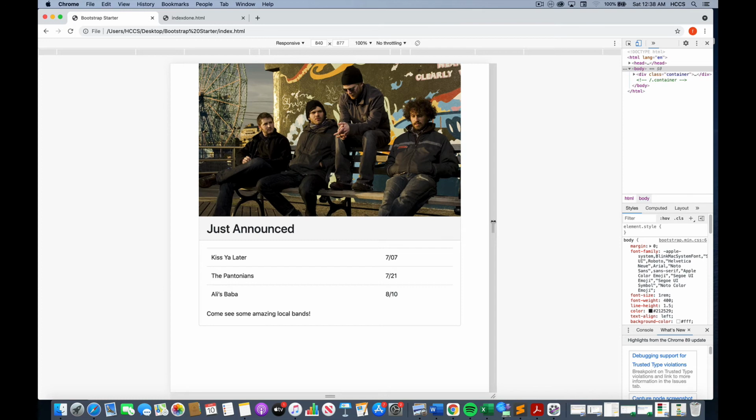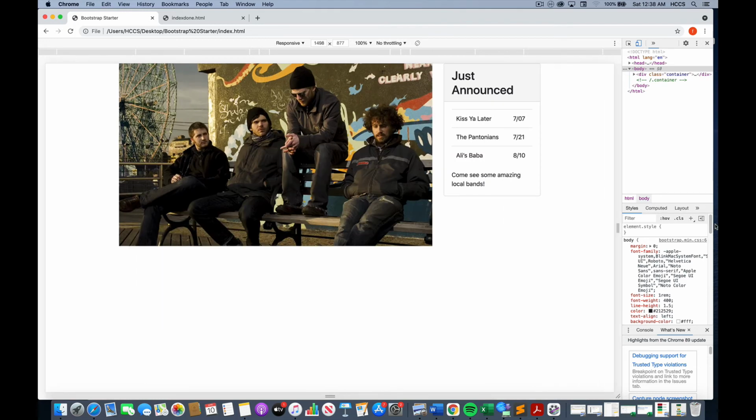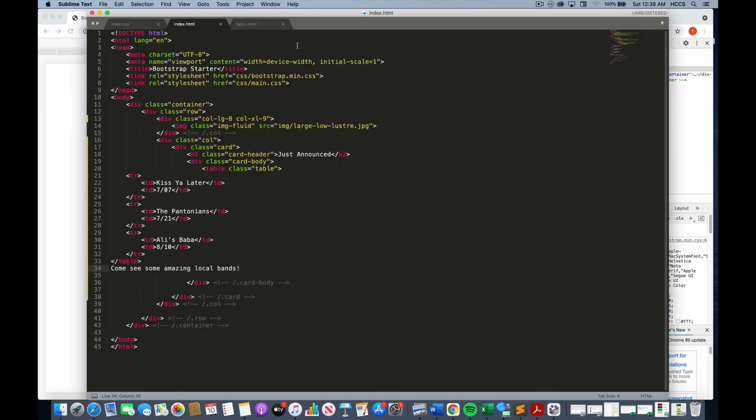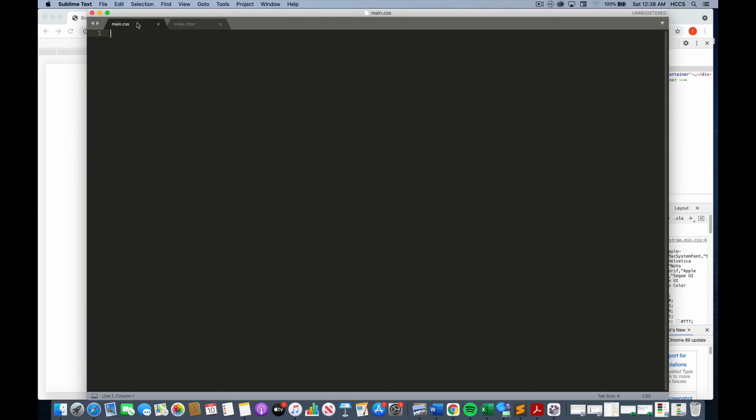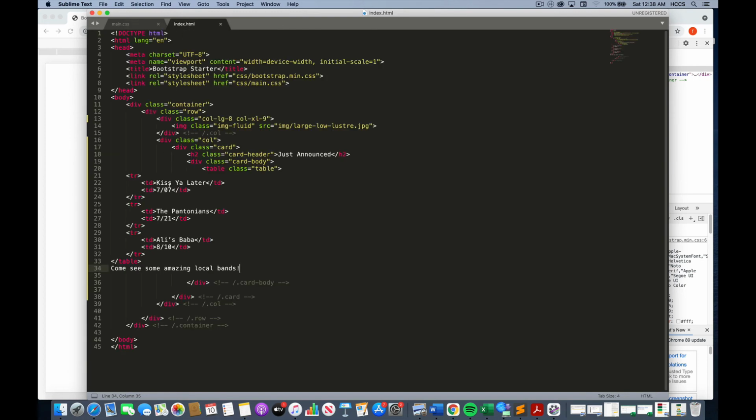All right, let's notice something. When it's really wide, you see how the just announced is not on one line. Let's put that on one line. We're going to use our main style sheet to restyle the size of this H2 font. So let's go back to our text editor. We're going to close the table file we just opened because that was just to get the content from the snippets. Over on main, what we want to do is style the H2 tag just announced so it's a little bit smaller. So let's go to our main CSS